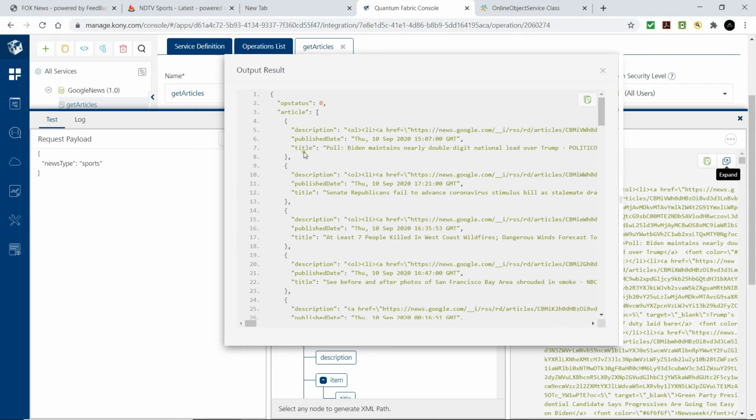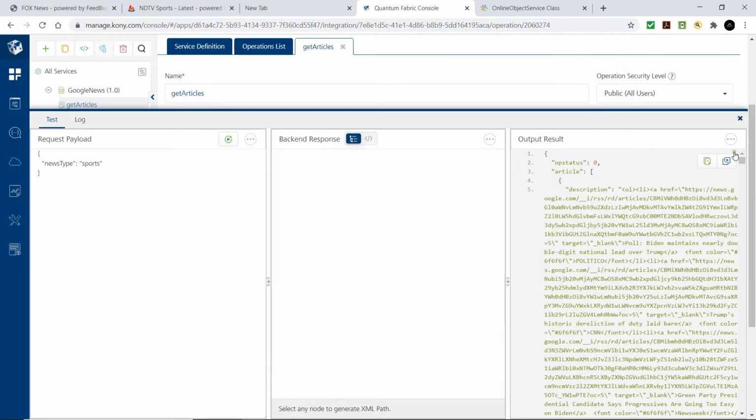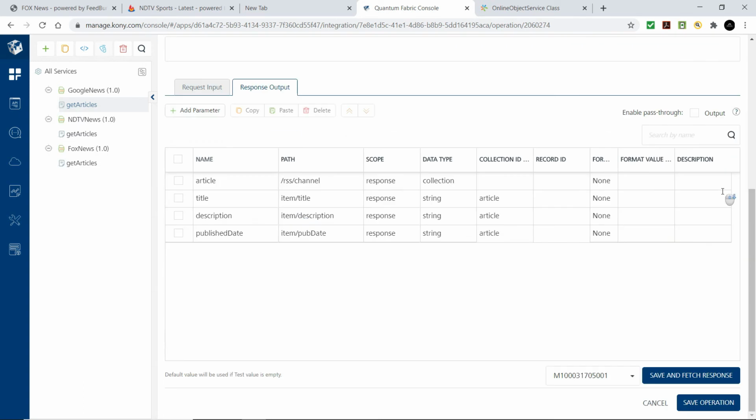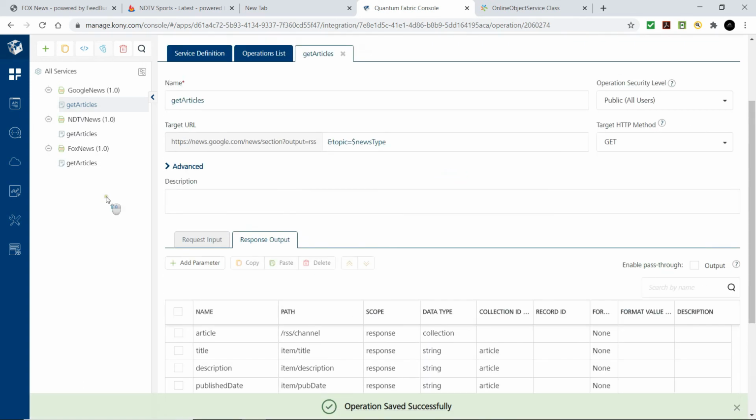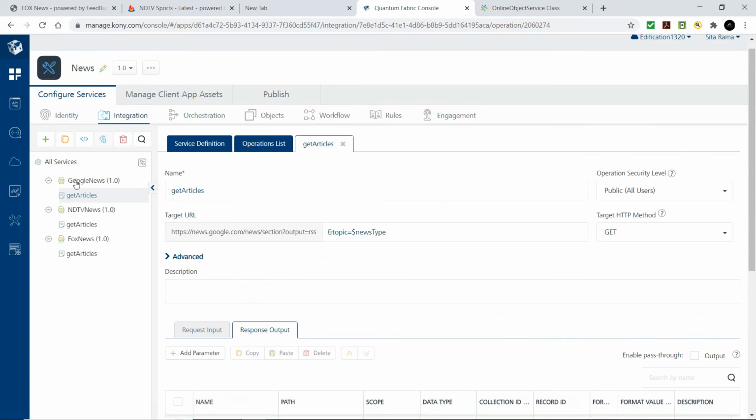Each article contains the title, published date and the description. Let's save this operation as well. So we'll have three integration services, each of them talking to different news feeds: one from Fox News, another from NDTV News, and the one from Google News.